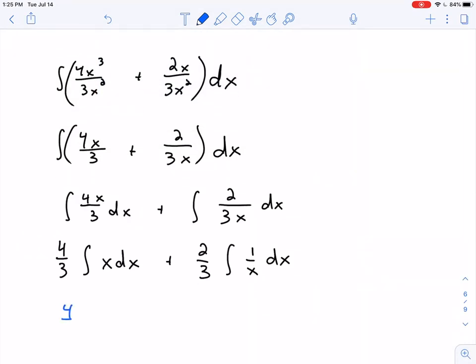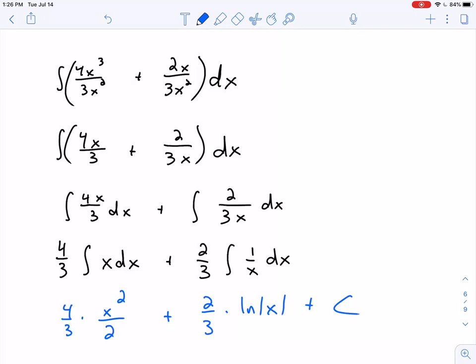So 4/3 times, I should really have x squared after I add 1 to the power, divide by my new power of 2, plus over here 2/3 times the antiderivative of 1 over x dx. We said that 1 over x is the derivative of natural log. So the antiderivative of 1 over x is natural log absolute value of x,